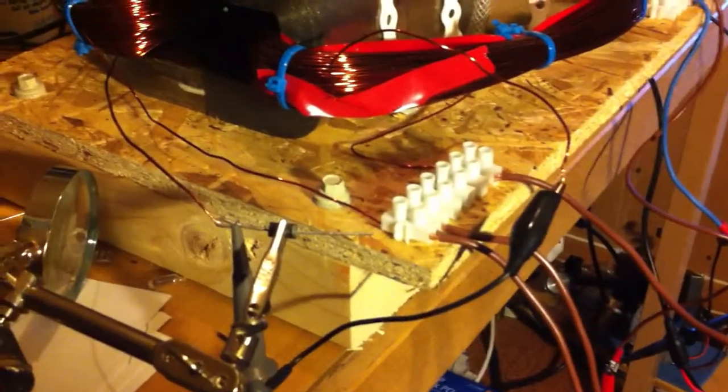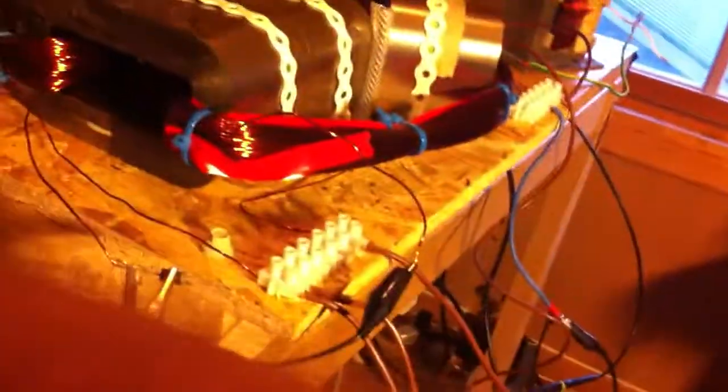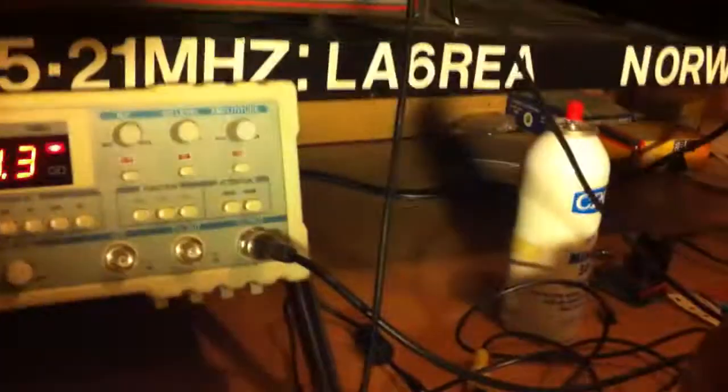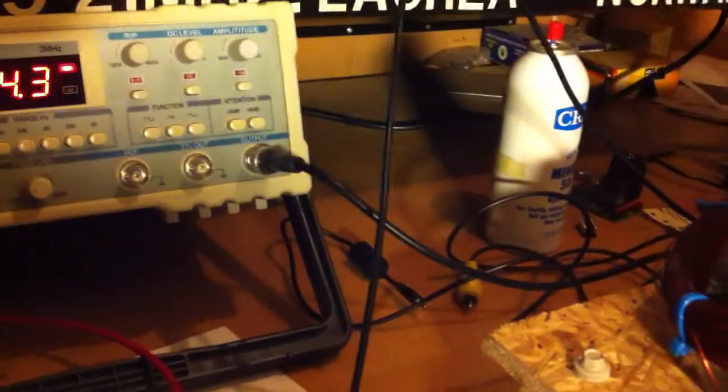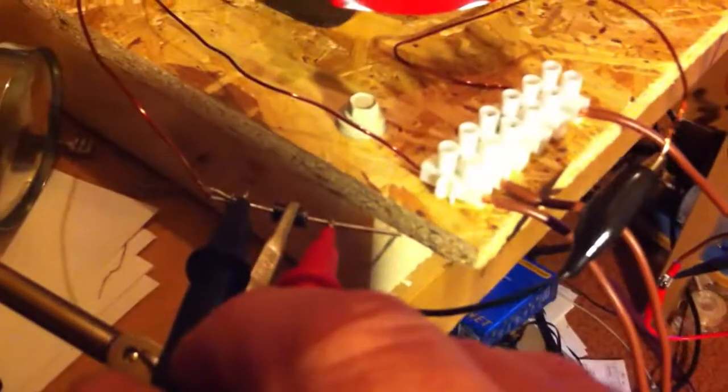So when I'm running 56 volts sinus coming out of the transformer, and I'm measuring DC across the diode, the 56 volts drops down to 44 volts on the output, so I'm getting a little reduced voltage. But I measure 4.16 volts DC in one direction across the diode,